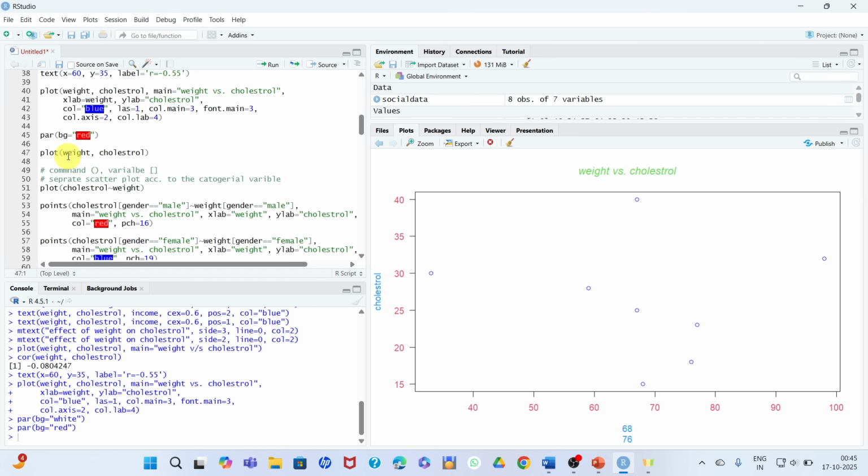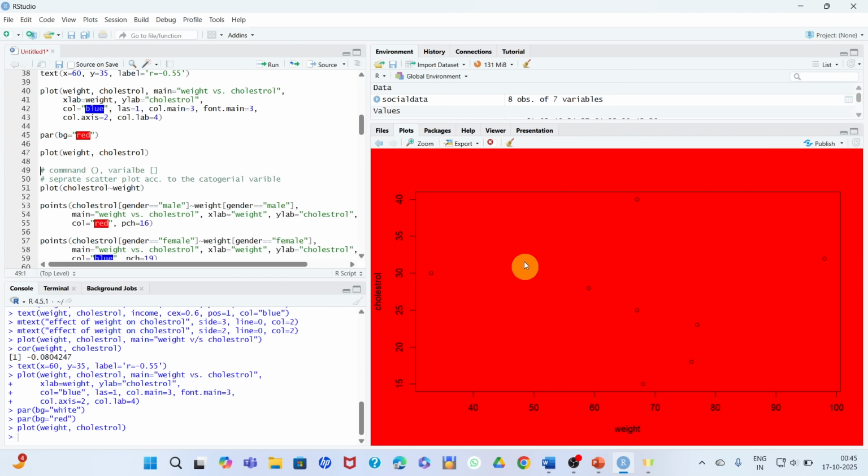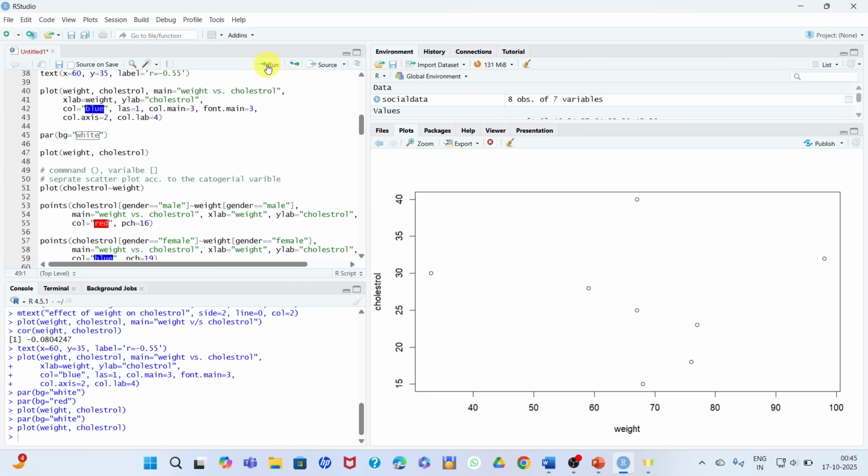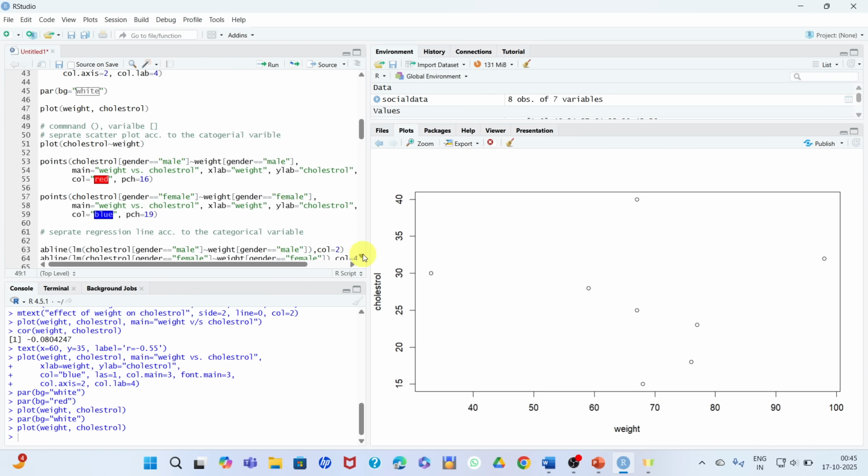Again run the command plot weight and cholesterol. Here you can see that the plot is red. So let's change the color back. Default is white so that it is easily visible. Now it is white, the default.